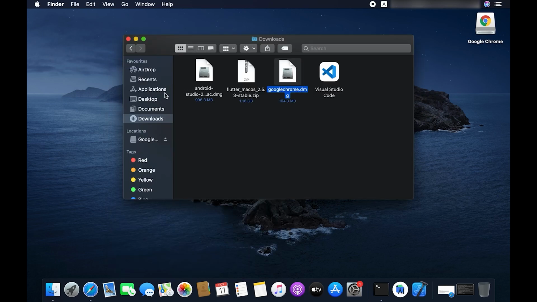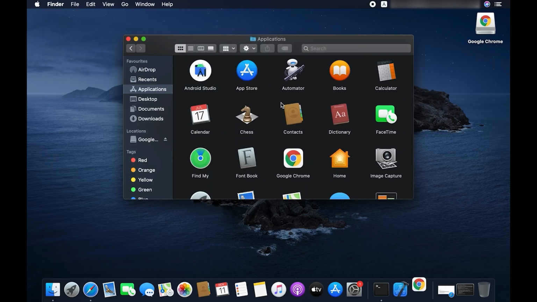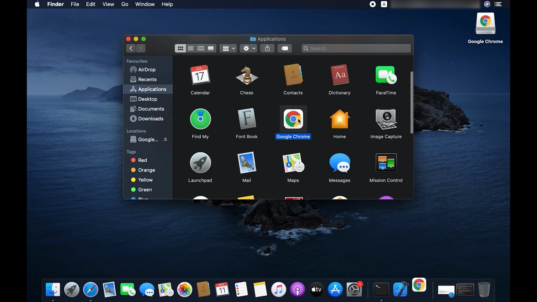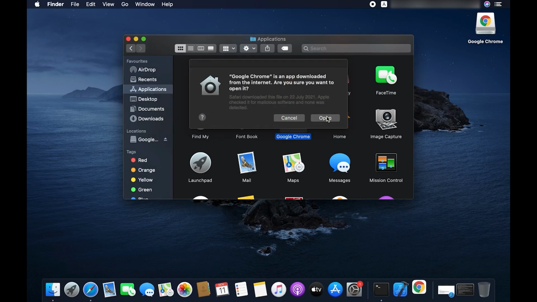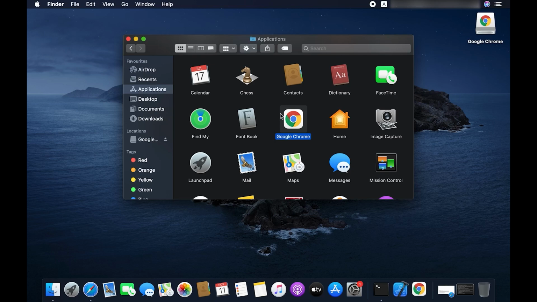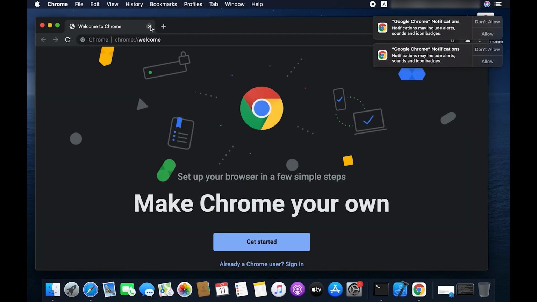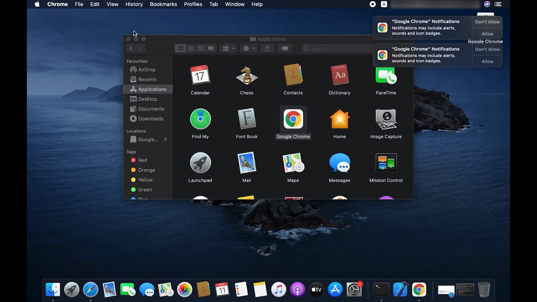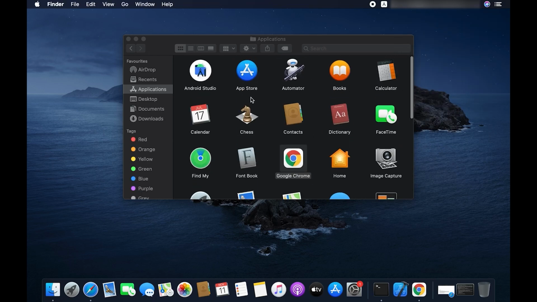Now go to your applications folder and double click on that. It will verify it. Click on allow. And Chrome is installed now. Now you can eject Chrome and you'll have that folder.